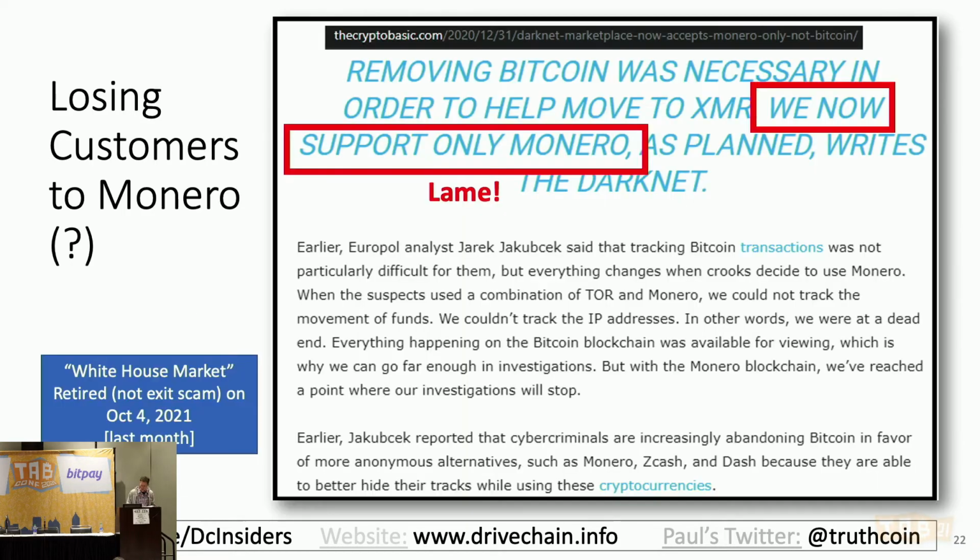Which brings me to a related point. There was a darknet market. It retired last month. They made so much money that they retired. They didn't exit scam, but they decided to close down, and then they said they would give everyone their money back, which is kind of an interesting thing. But in December of 2020, this big darknet market said that they were going to drop Bitcoin transactions and move to only Monero transactions. So that's kind of a slap in the face. This is just more revenues that Bitcoin isn't getting, more users that Bitcoin doesn't get. If we had BIP 300, there would be no reason for them to accept Monero at all, let alone exclusively.